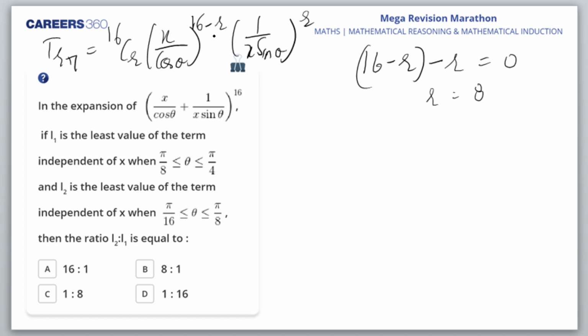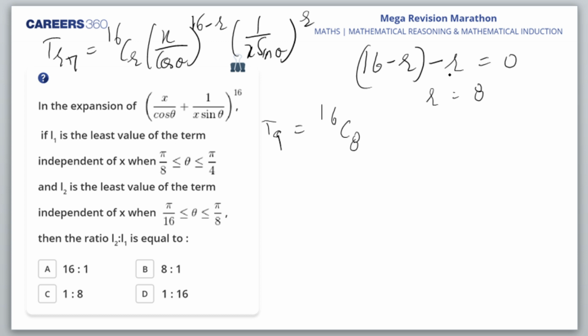I'll get r as 8. So what is the term independent of x? It would be 16C8. It is the ninth term. It would be 16C8,